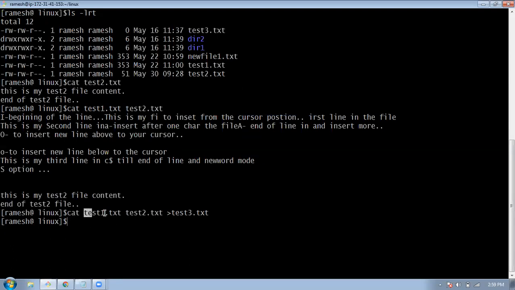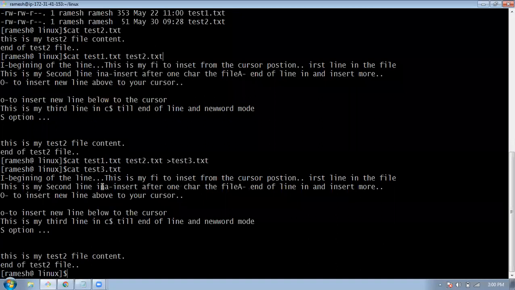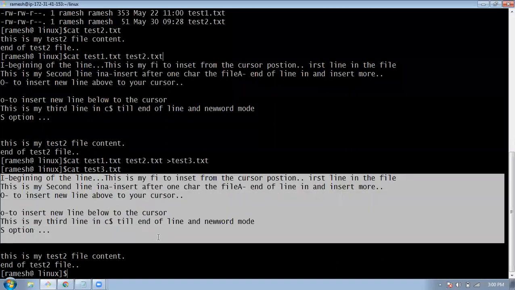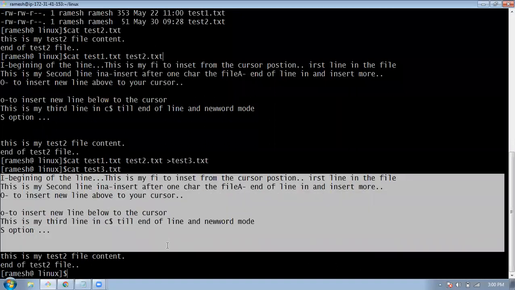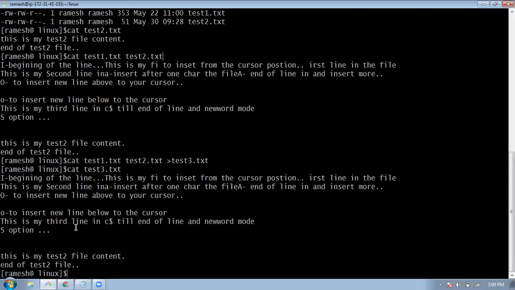Now the content is transferred to the other file. Let me open this file. Now you can see, this is how we can concatenate 2 files into another file. Now this third file has the content of test file 1 and test file 2. This is how we can concatenate using the cat command.